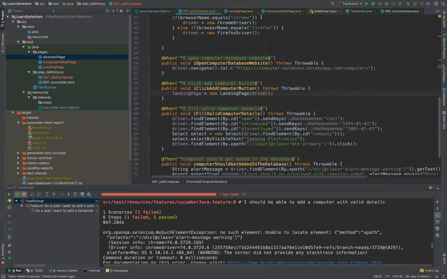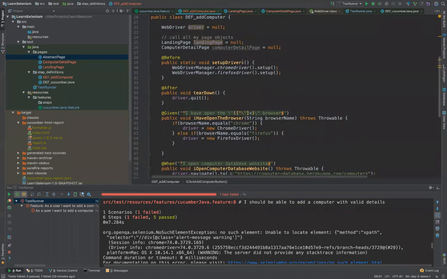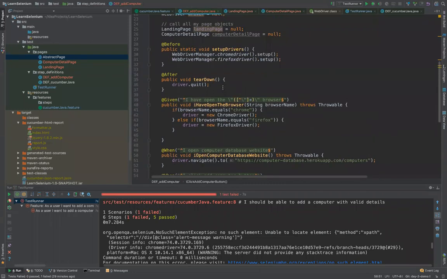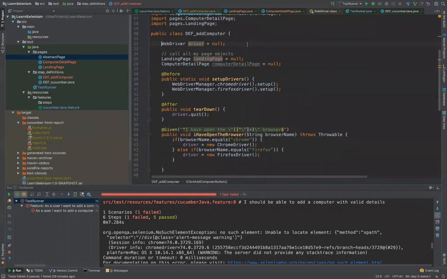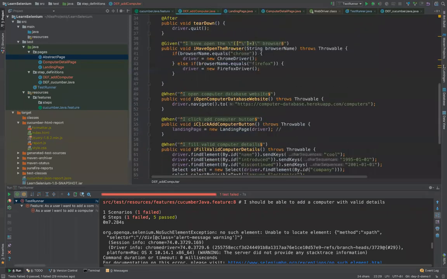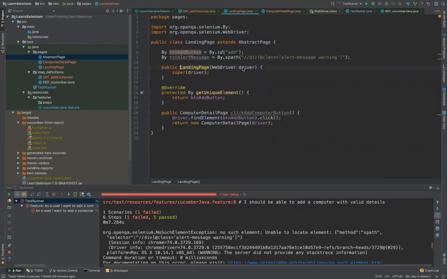So take a note at this point. Where did my driver get initialized? It was initialized in this glue code, right? So in this glue code, when I wrote the first in my basic steps, I started my driver, and then I passed that driver to the landing page. So the landing page knows here, you see here, which driver I'm talking about, and then I pass this to its parent. So it's going like inbox, something like that. So I go back,